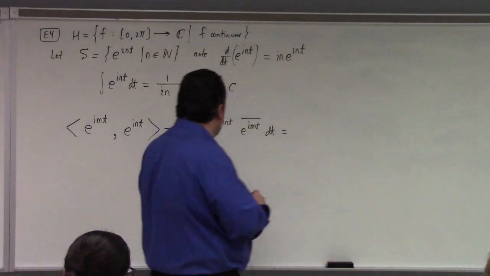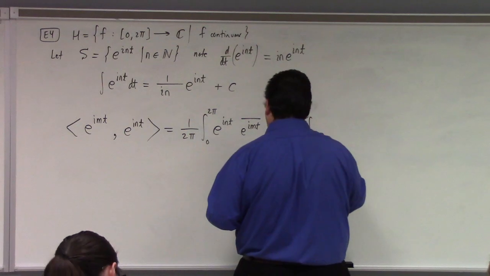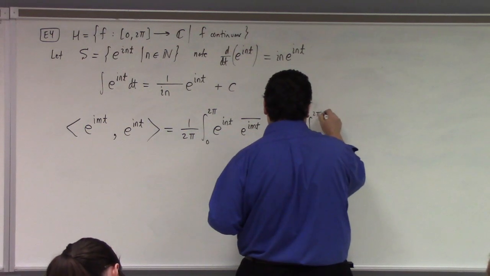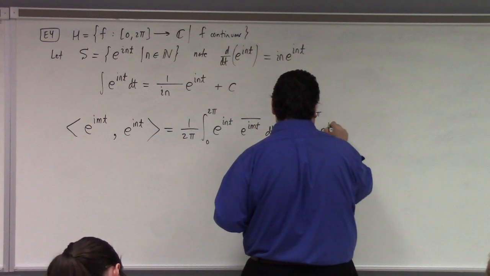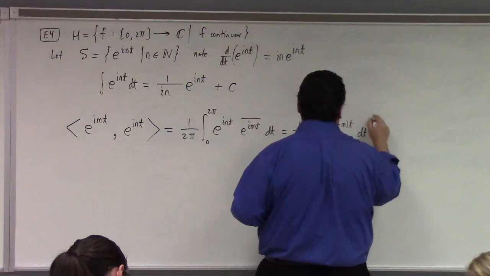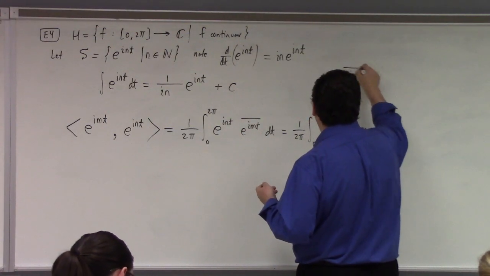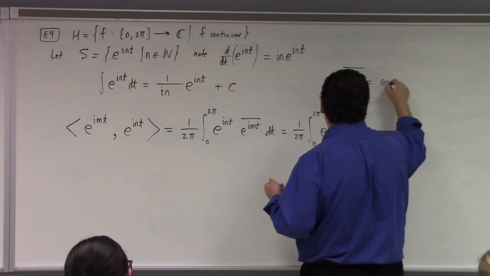And here, so I got 1 over 2 pi, the integral from 0 to 2 pi of e^(i(n minus m)t) dt. Because the complex conjugate of e^(imt)